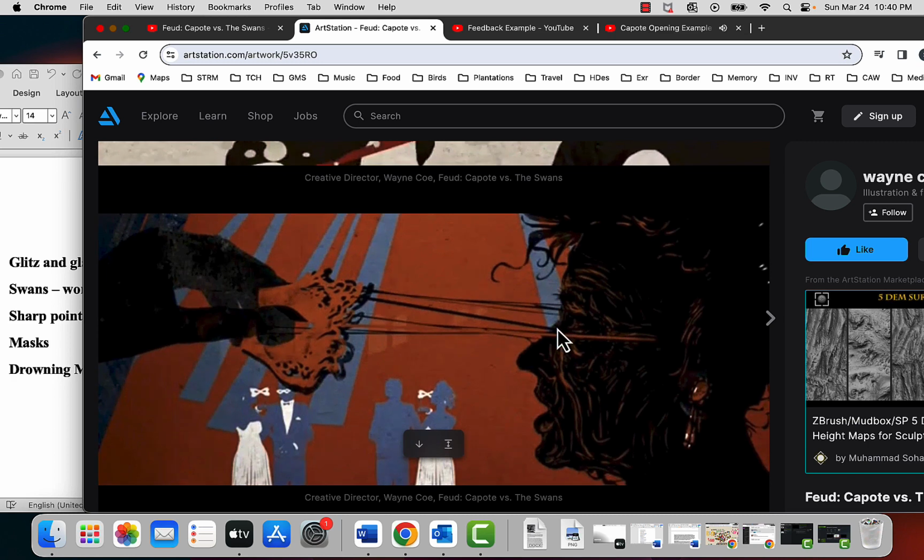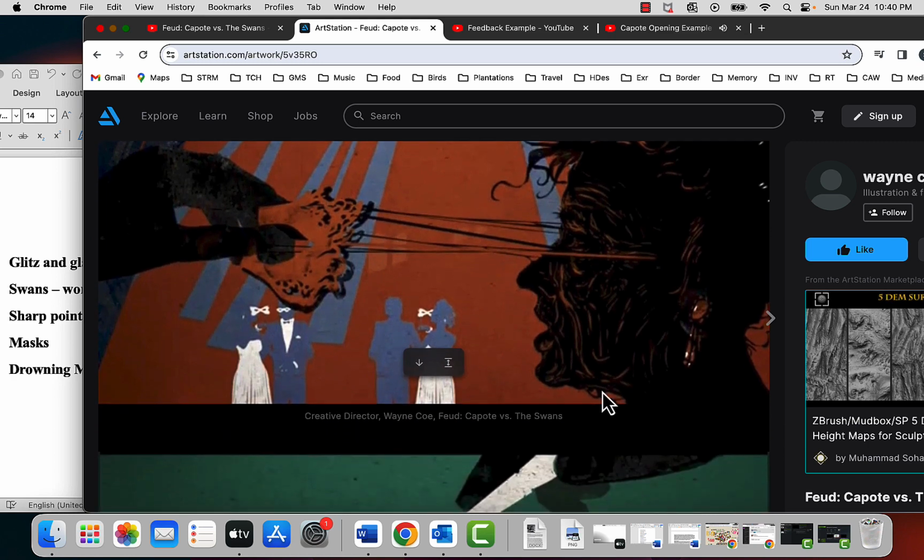The mask, did I mention the mask over here? The mask goes along with the idea of, again, that outward beauty, but when you pull away the mask, what is there? And the black and white ball that I talked about, they had the mask. It was a masquerade type of party.